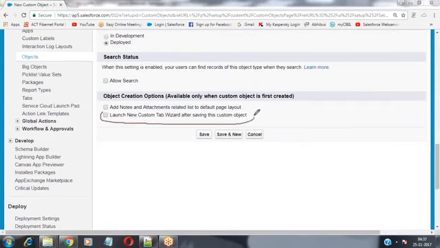If this checkbox is selected, then along with the object, it will create a tab for you. If this checkbox is not selected upon creating the object, then it will simply create the table. It won't provide any tab to you. The tab will not be created for you.